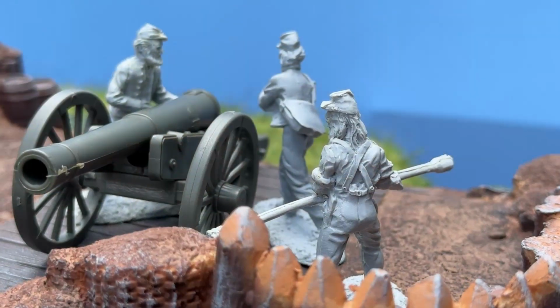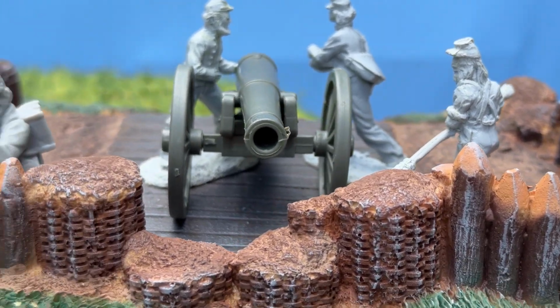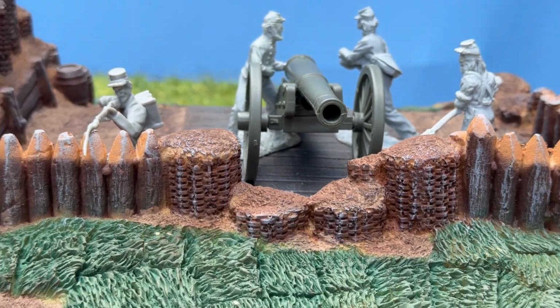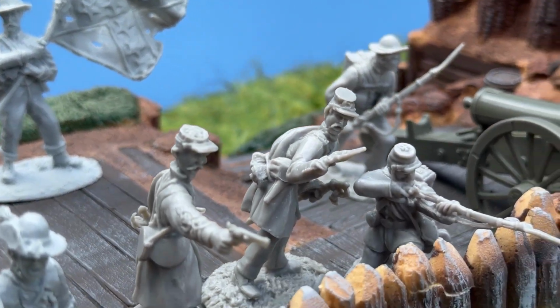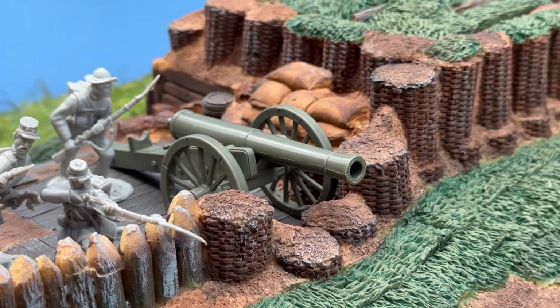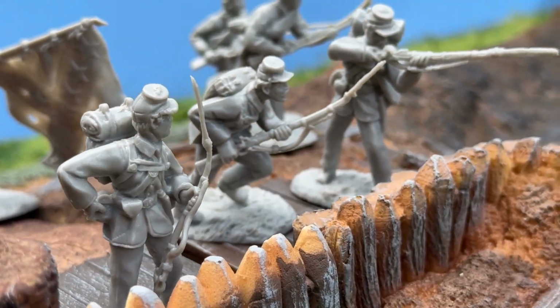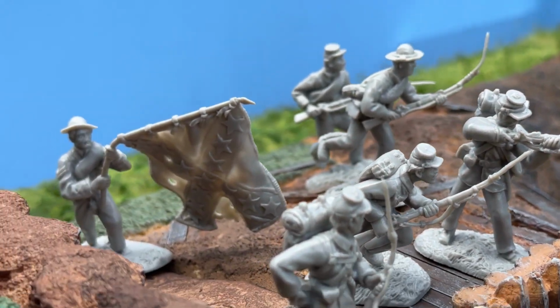Lose the faithful lightning of his terrible swift sword. His truth is marching on. Glory, glory,